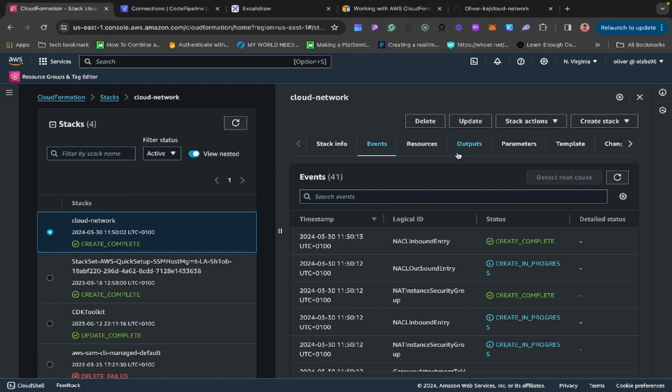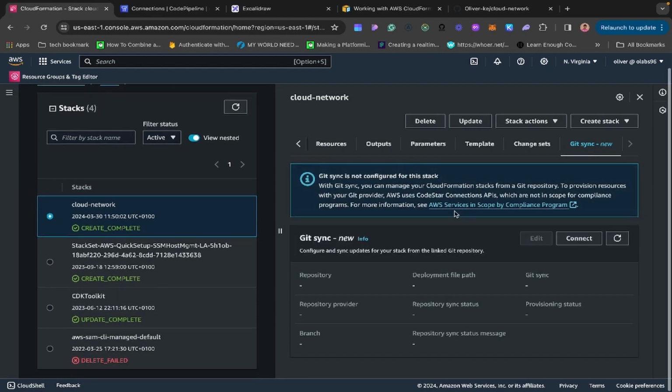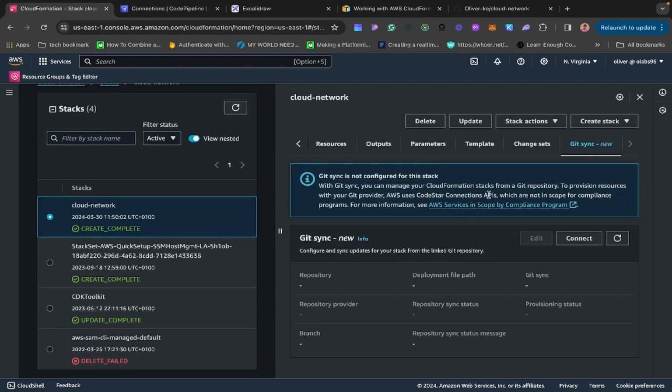So the next thing we need to do now is connect GitHub to the stack we just created, which is the cloud network. I'll scroll all the way to the right here and you will see a new button, which is Git Sync. Once you click on it, you scroll all the way down and you will see some information telling you that